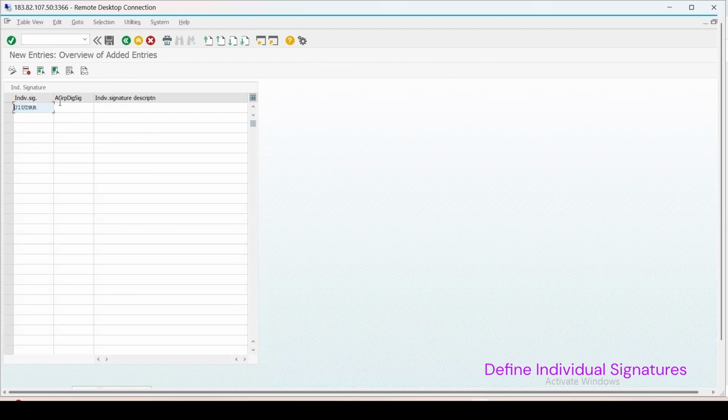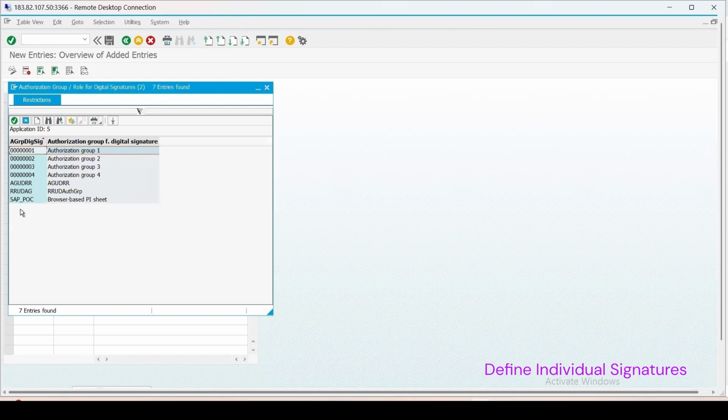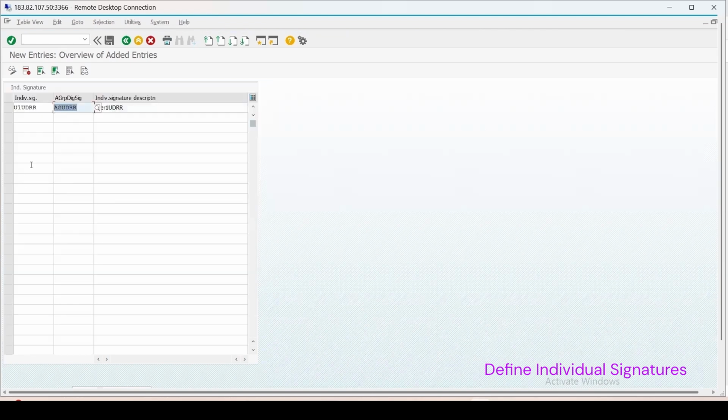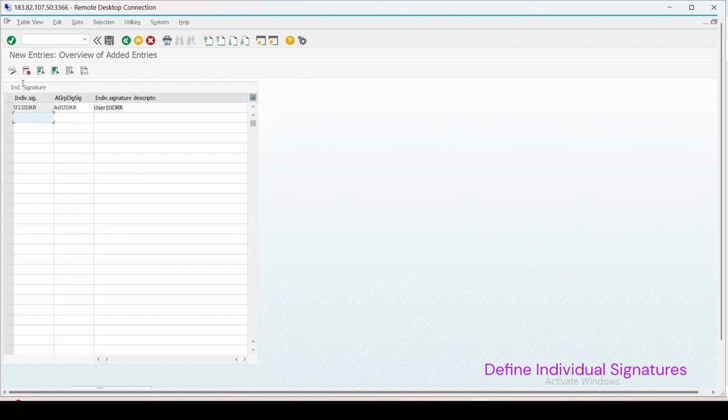And here I can enter the description. Okay, so proper description we can enter here, and I can select the group which we have just now created, which was authorization group for the UD and RR. Okay, and if you want, you can create another one also. Let me first save this, continue,